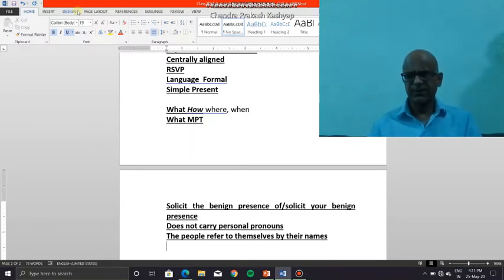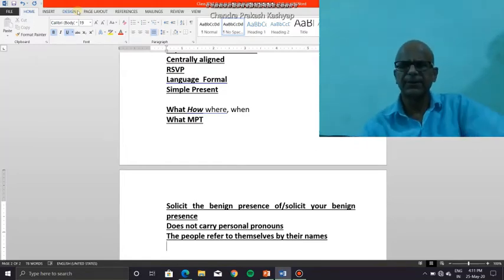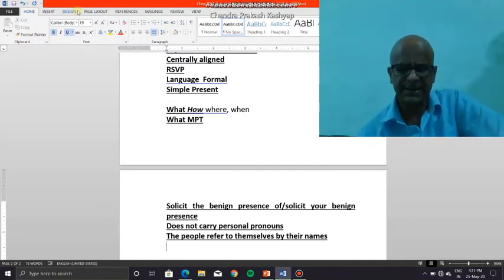So I may write these two particulars at the bottom on either side. I can write RSVP on the right side or on the left side, but it has to be there. As long as it is there, I will not be penalized for it. There will be no deduction in the marks. So this is one example.